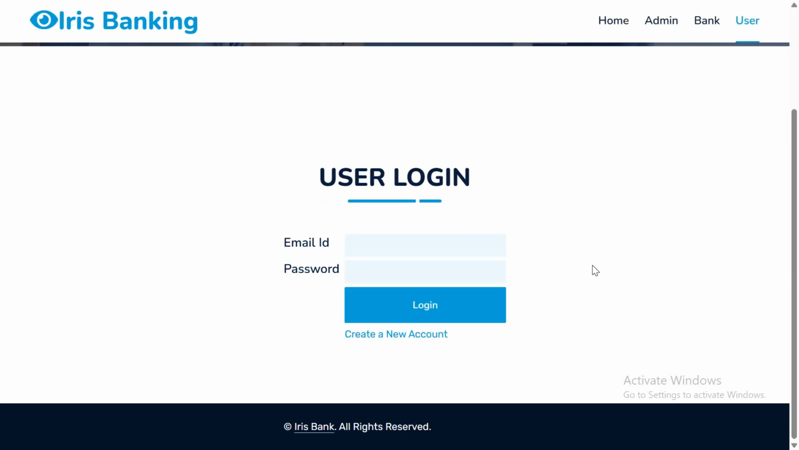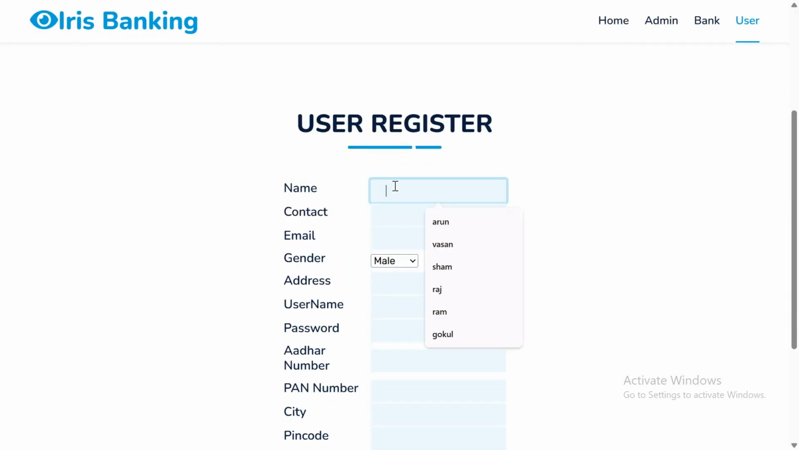The bank account will be created from now on, and I'm going to the user. This is the basic thing of the project. First of all, the user needs to create an account, and that account should be created using the iris. So first I'm going to create an account and give my name, my contact number and email, gender,